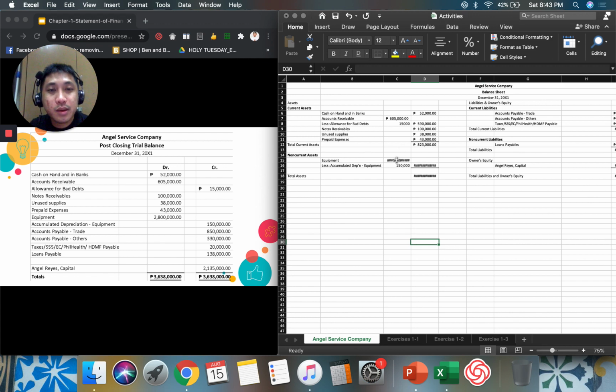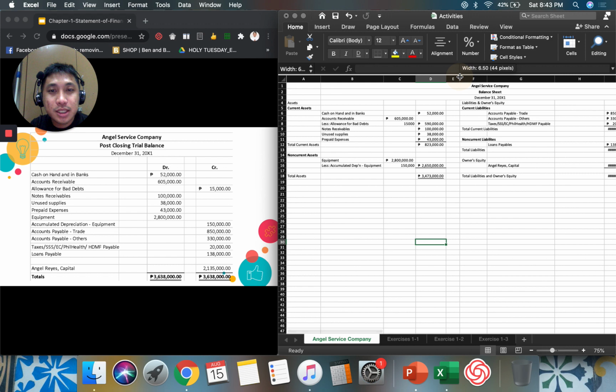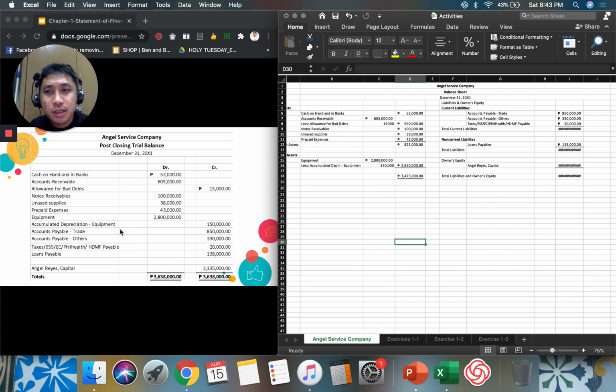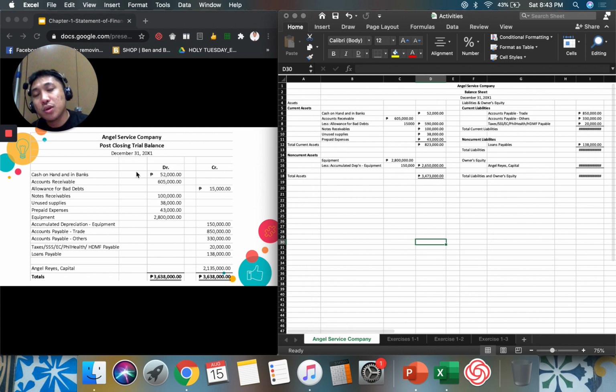So, pag nakikita nyo na mayroong parang hashtag or number sign na ganyan, click nyo lang. Ibig sabihin, mas konti lang yung space na nakikita. Huwag po kayong mag-worry agad. So, that's it. That's how we compute our balance sheet from the post-closing trial balance of Angel Service Company into the Angel Service balance sheet amounting to